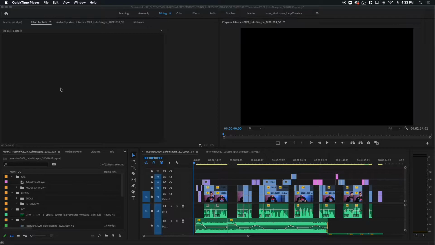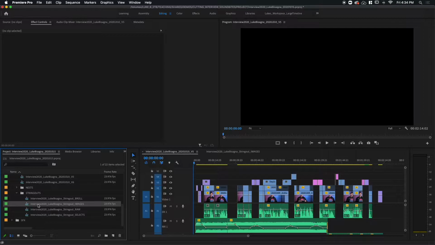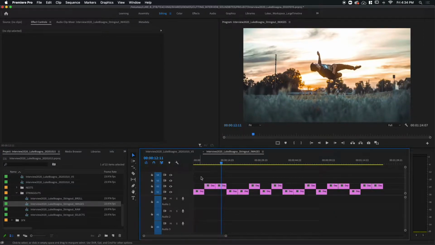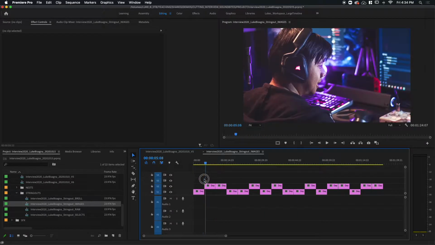In this lesson, we're going to be discussing the use of still images and the manipulation of them as well. So over in my project panel, in my graphics bin, I have a sub bin called From Anthony, where all of my still images are living. Here they all are. And just like we did with the B-roll, I've made a string up for my images as well. You can see that down here. And here it is. Here are all my still images that we got from Anthony.